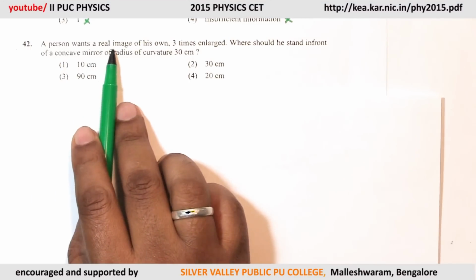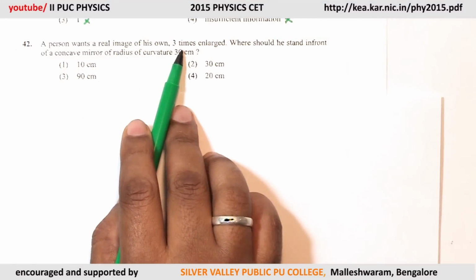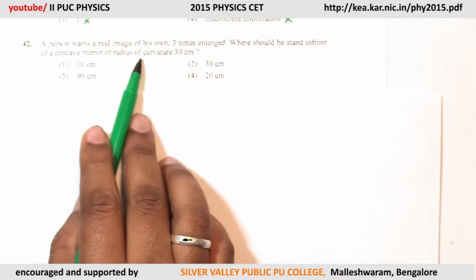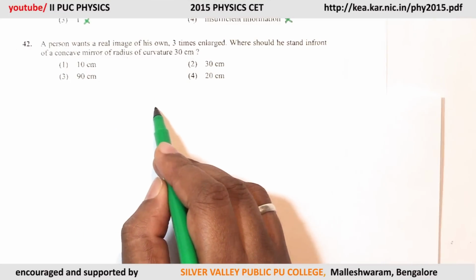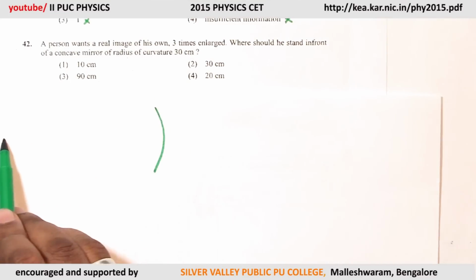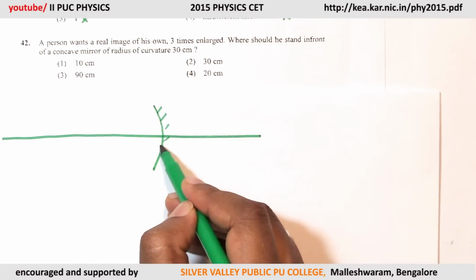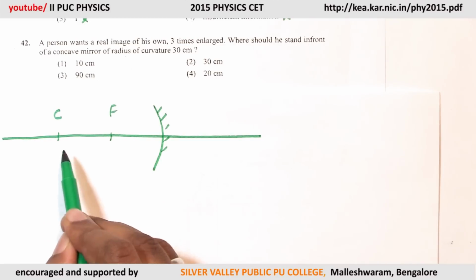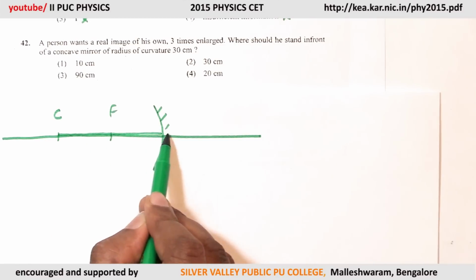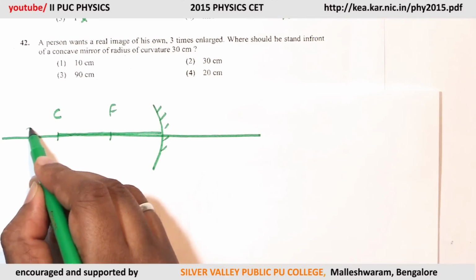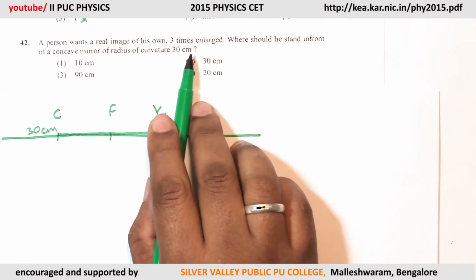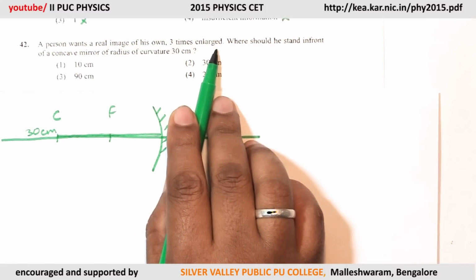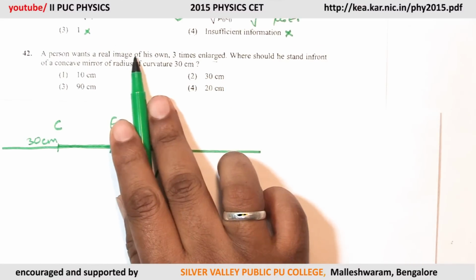A person wants a real image of his own, 3 times enlarged. Where should he stand in front of a concave mirror of radius of curvature 30 centimeter? This is a concave mirror, principal axis, focus, center of curvature. This distance is 30 centimeter. To get 3 times enlarged, so magnified real image,